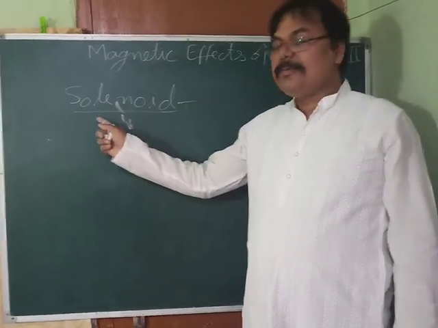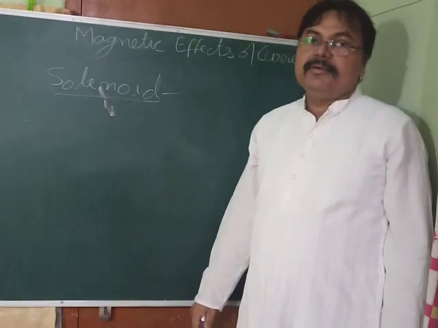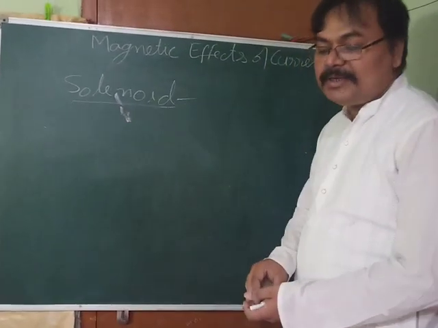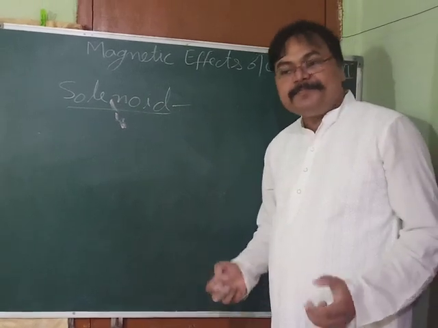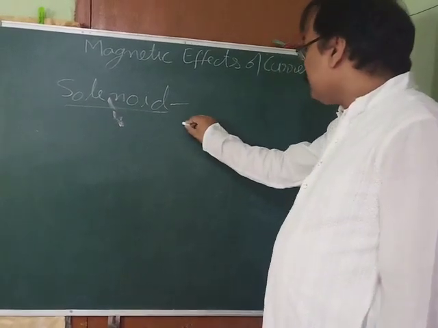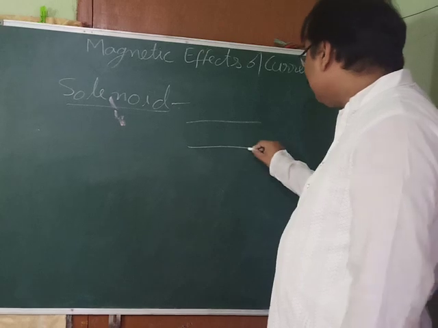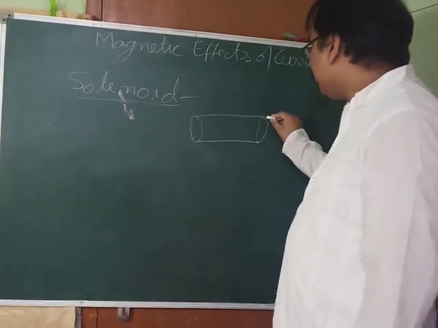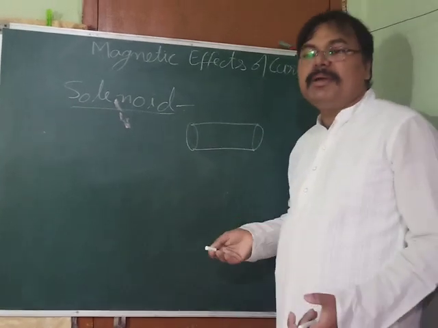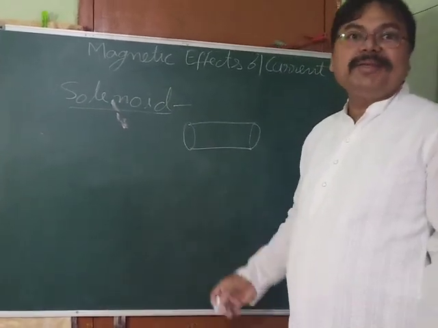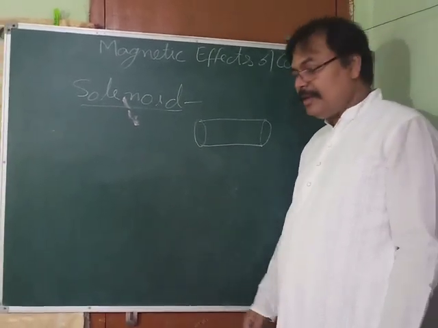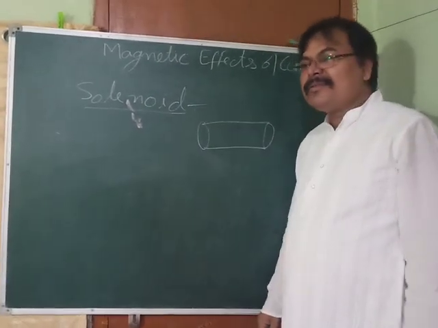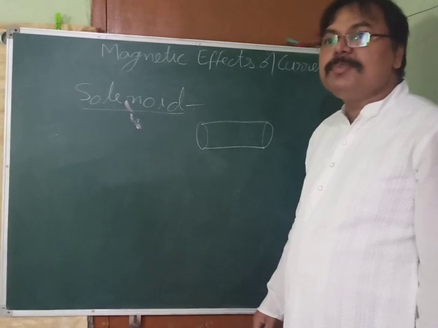See, we are going to discuss the solenoid. So this word is new, I think, for you, okay. Now see, what is a solenoid actually? How can you make it? Actually, a solenoid is a cylinder, you can make it of plaster of Paris. It is non-conducting, okay. And then you have to take a copper wire, and that copper wire should be insulated.